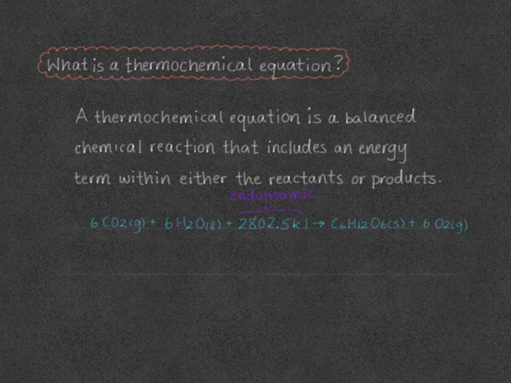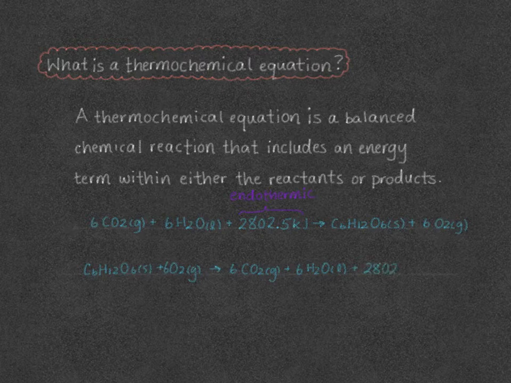We're now going to look at cellular respiration, which is the opposite of photosynthesis. So we start with a glucose molecule. To that we add 6 oxygen molecules. And we form 6 carbon dioxide molecules, 6 water molecules, and energy, specifically the same amount as we used in photosynthesis, so 2,802.5 kilojoules. This time our energy term is on the product side, making this an exothermic reaction, so our products release energy